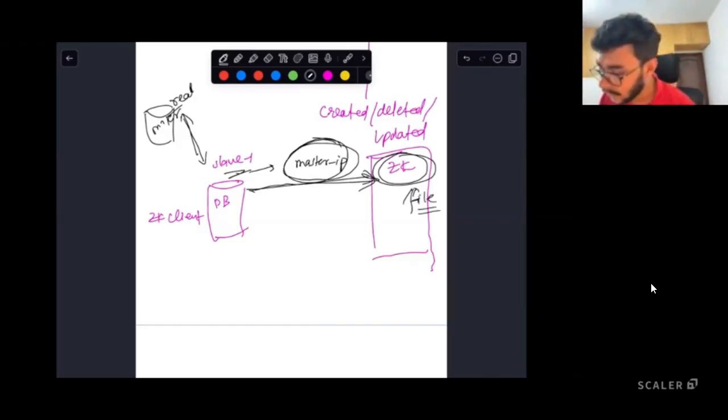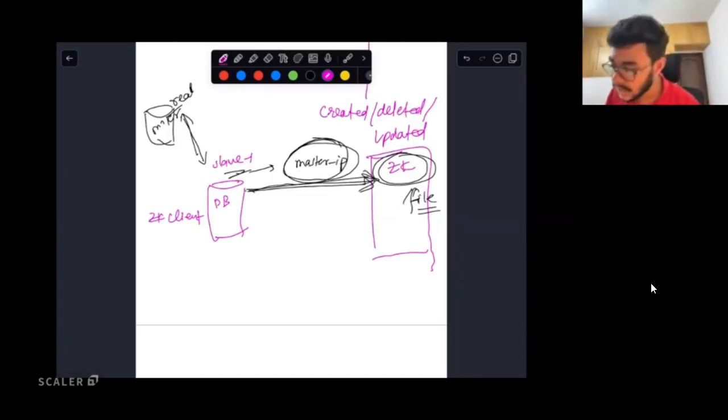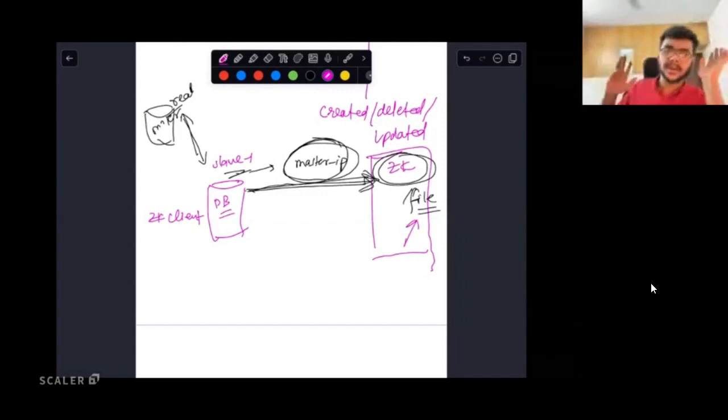What if for every request it has to do this? It will be a lot of latency. It will have to perform this request before every read from the master database. Now, what can the slave do instead? Zookeeper gives you a functionality where you can say, hey, if there is any change that happens on this file, just let me know. I will not keep asking again and again.